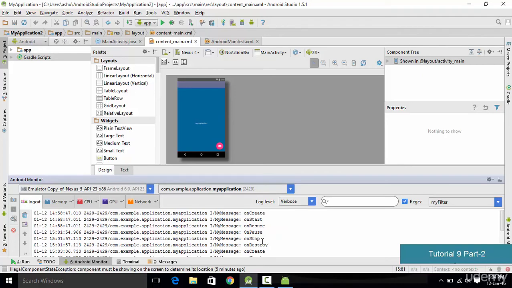So basically we have studied the on start, on resume, on pause, on destroy and on create states, and it is extremely important to know these states while developing Android applications, and that is because we need to take care of certain things in the applications which are nothing but the user data. For example, if you want to create an application where the data should be preserved when the user exits out of the app, then it is very necessary to understand all these states so that you could use them to your advantage.